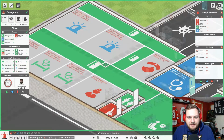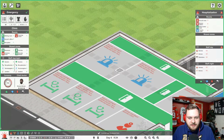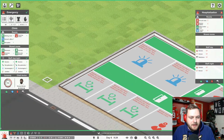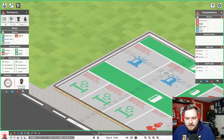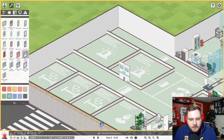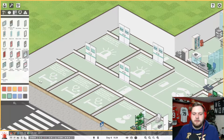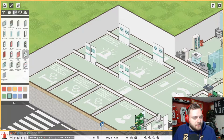To start off, we now have our trauma rooms, which I've basically discerned are like a procedure room. Someone will come in with an ambulance, they'll be brought in, and the doctors will work on them in here. We should probably do some cool hospital doors. I feel a little more partial to these doors here, and we're going to put doors on either side. There we go, that's all set up now. We could go ahead. I feel like we need...